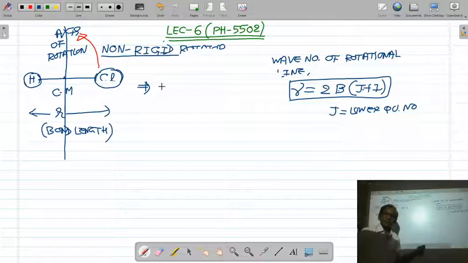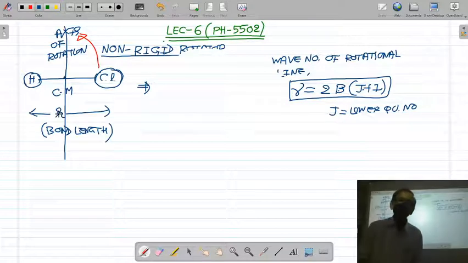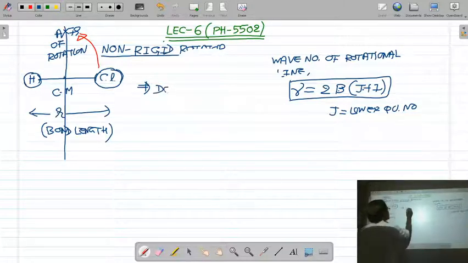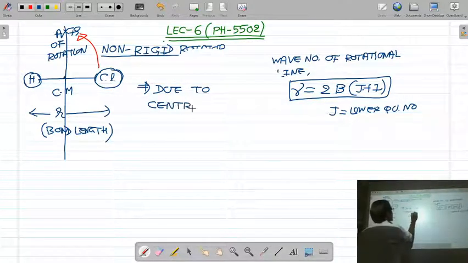As a result, the bond length R, the internuclear distance R, is going to increase, and it increases as the rotation of the molecule becomes faster and faster. So I write the reason: due to centrifugal force,